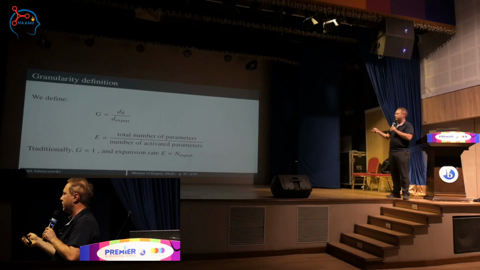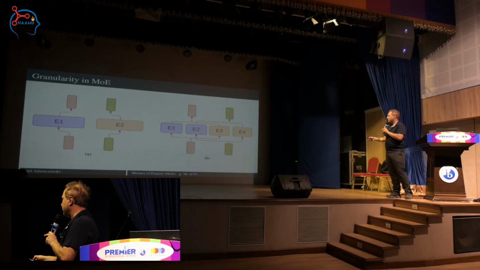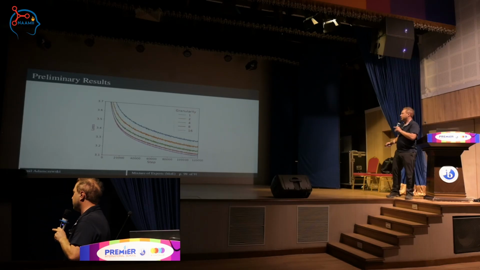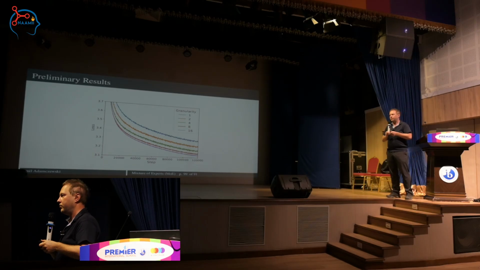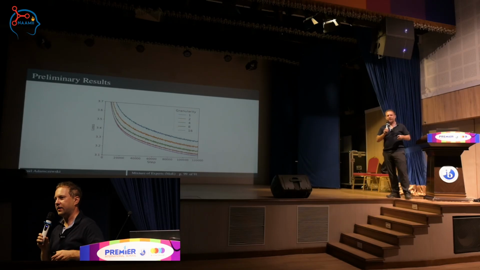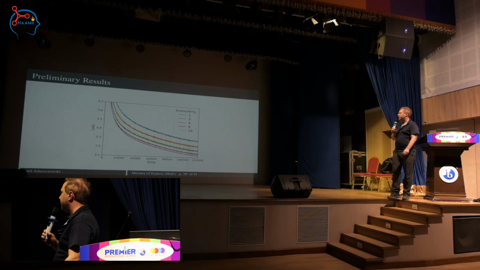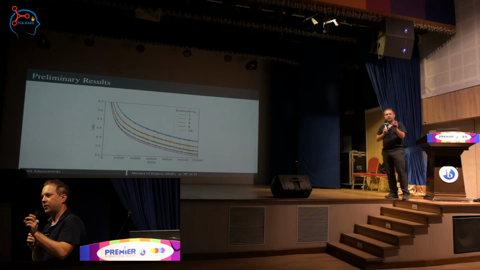So each smaller expert will be 4,000 over 16. So it's basically just dividing them into smaller ones. And as you can see, this proves to be much more efficient than having big layers. In this case, we call it granularity. So we have granular